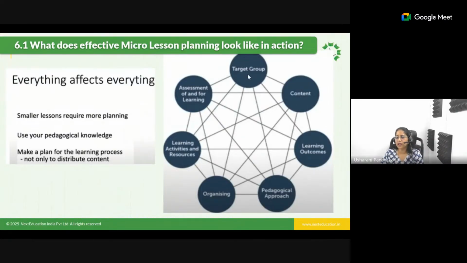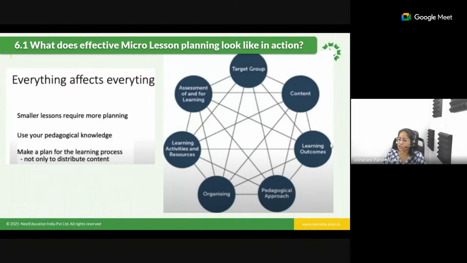Target group, in the sense of the age appropriateness of the student, is what you take care of. So you cannot give a complex video to maybe a pre-primary student, and you cannot give an easy video to high school level or middle age group students, or give a very hefty or too technical video to preparatory stage students. So that is what the target group is: you need to decide to whom you are giving this content or the resources. The next one is learning outcomes.